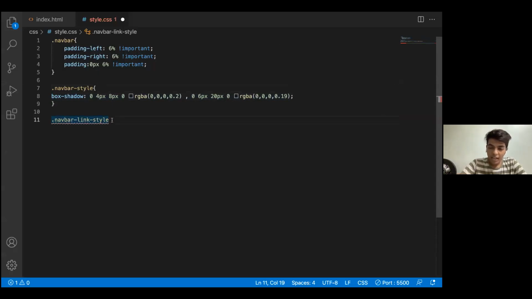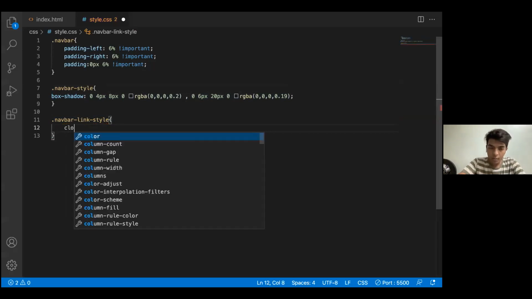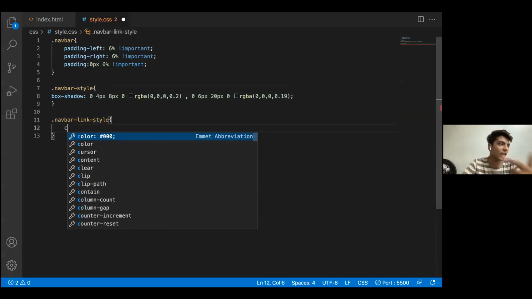Now I'll be styling up my link. I'll be completing the navbar and explaining you or just giving you a good idea about the code again. Just be with me till the end and then we'll actually look at it. The first part that I want my navbar links to have is color. So I'll be doing color, font size, font weight, letter spacing, text transform. These are the 5 things that actually are very crucial for a navbar. So I'll be doing all of those things.